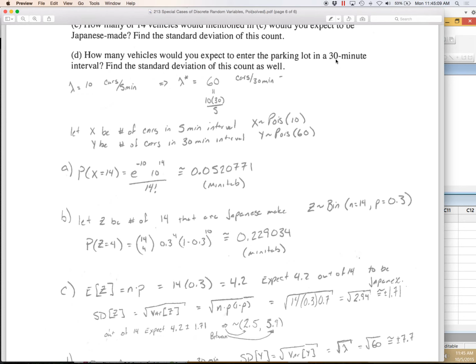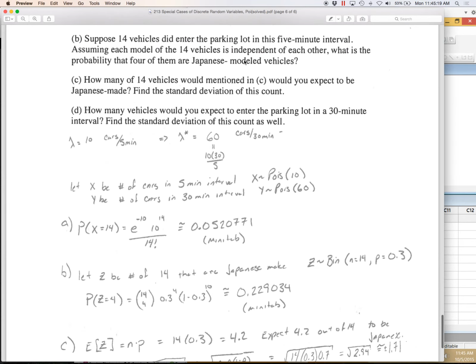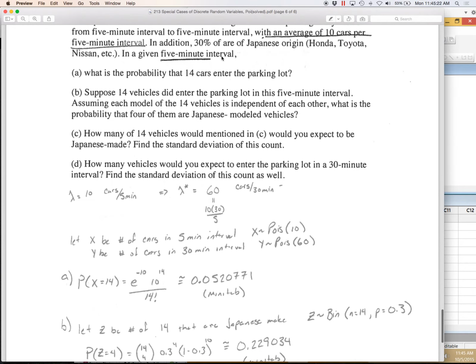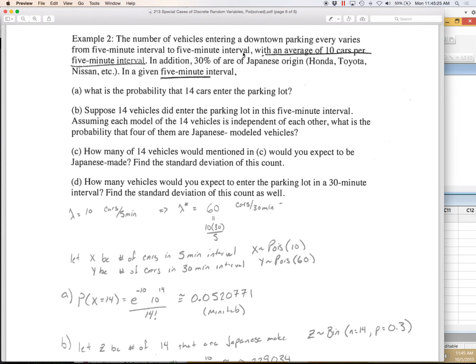This is going back then to a Poisson distribution. I do not have a certain number out of, but I have a given rate, and then I have a time allotted. So here I'll have to reparameterize a bit. We were given information when we had 5-minute intervals. We had 10 cars in every 5-minute interval. Here then, if I made it to a unit, that's 10 out of 5, so 10 divided by 5, that would give me per unit. And then multiply by 30, because I want it in terms of 30 minutes. 10 times 30 divided by 5, we expect 60 cars per 30 minutes.